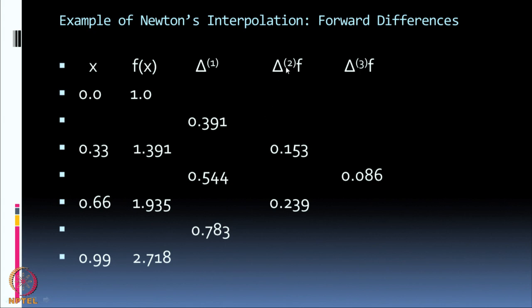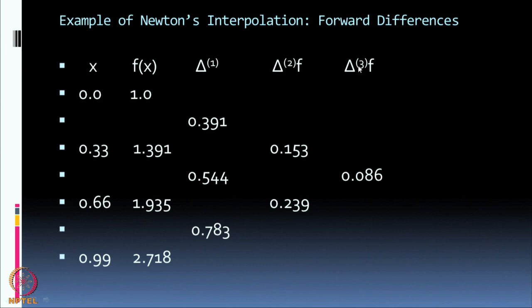How do I get my second order difference now? Second order difference will be the difference between the first order difference at the second point minus the first order difference at the first point. Okay. This is a first order difference, this is a first order difference. The difference between the 2 first order differences is my second order difference. So, between the first 2 first order differences, I got a second order difference. Between the second 2 first order differences, I got the second order difference. So, there are 2 second order differences, and finally, I have a third order difference.